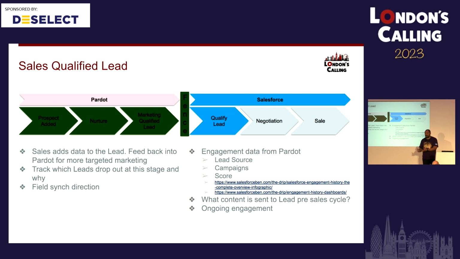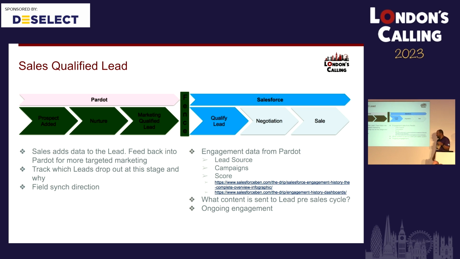For what they'll be doing is they'll be adding sales data into their leads, and that will come back into Pardot, and Pardot can continue to target. So when they phone up and say, I've got a great deal for the most romantic city in the world, which is London, don't care what the Parisians have to say about that, it's London, I can say, well, funny that, I was planning to go to London in June for the greatest tech conference in the world. And again, I don't care what the Californians have to say about that. It's London. And that can go into Pardot and can lead to more